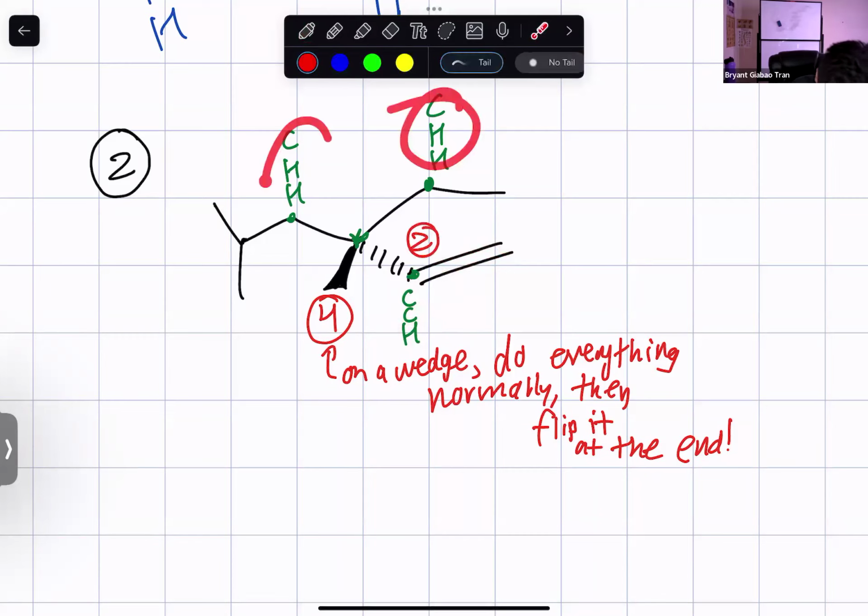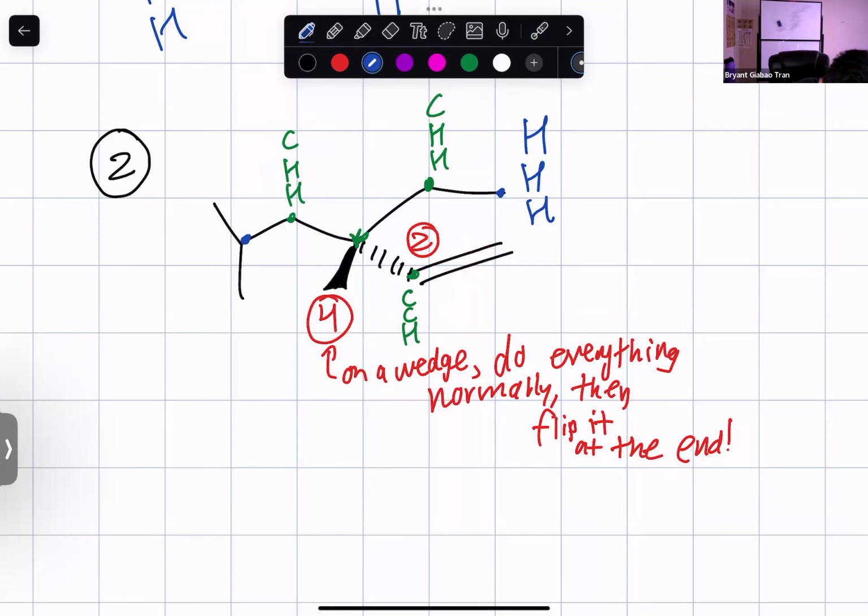Now let's look at this here. Let's move on to the next atom. This carbon to the right is bonded to 3 hydrogens. This carbon on the left is bonded to 2 carbons and 1 hydrogen, right? Carbon beats hydrogen, so that's number